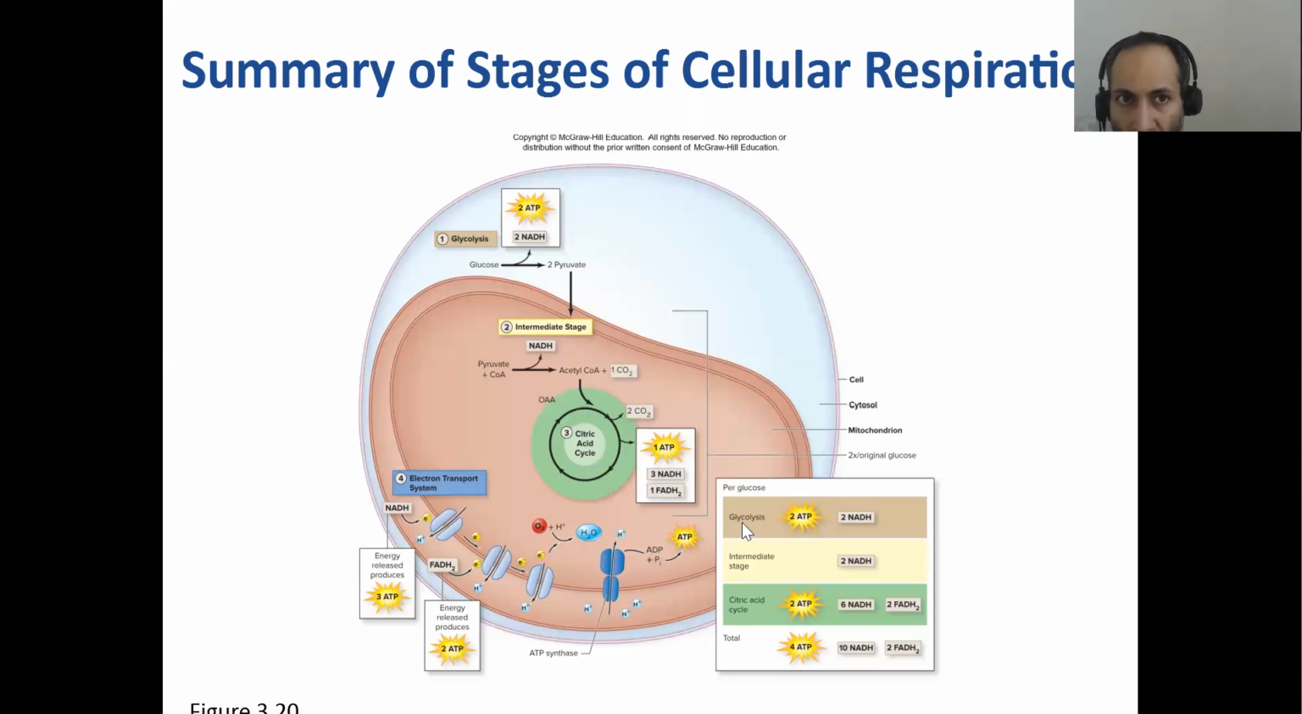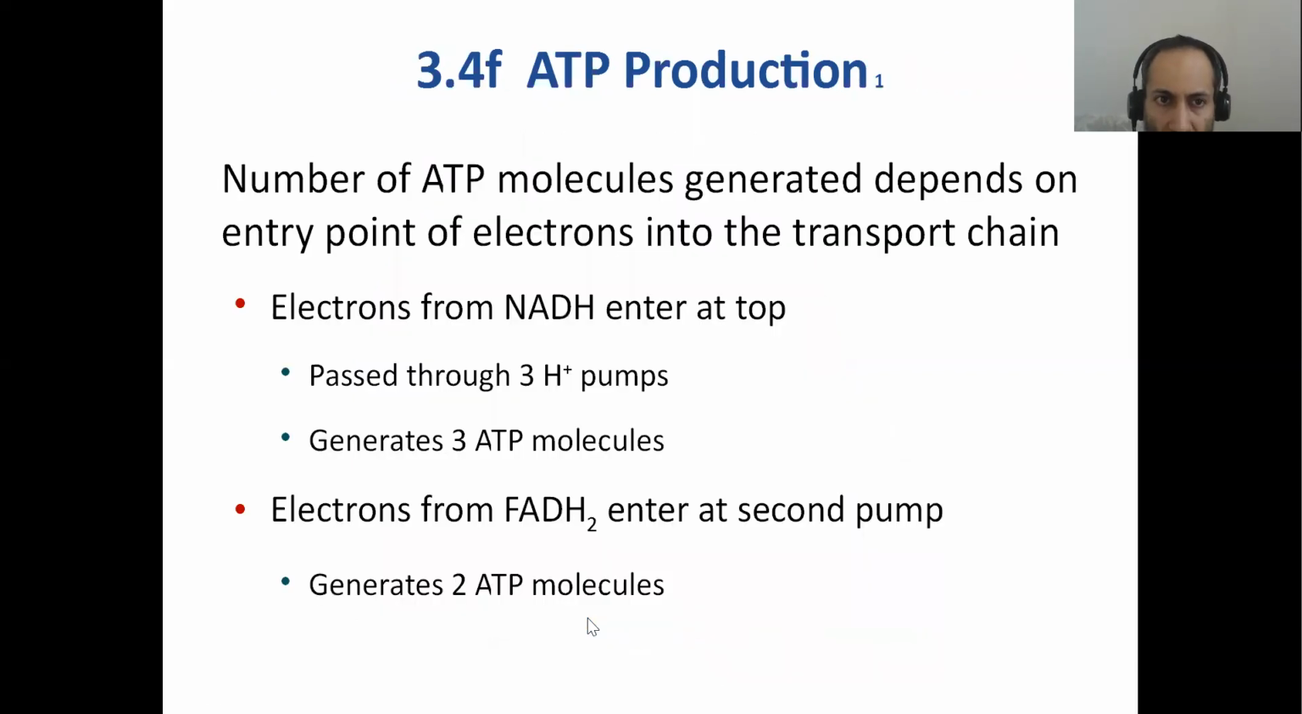So here's a summary of the stages of cellular respiration. Glycolysis releases 2 ATP, 2 NADH, the intermediate stage, then the citric acid cycle, you got 2 more ATPs, 6 NADH, 2 FADH2. Now these would be the electron donors here during the electron transport chain, right? And so then finally,